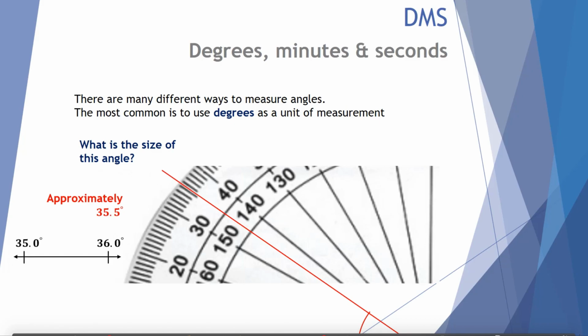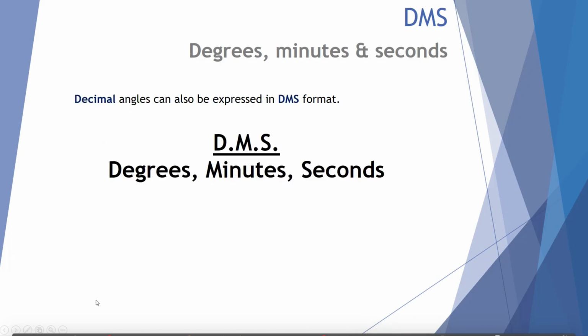Now, on a scale, if we have a measurement of 35 degrees and at the other end 36 degrees, 35.5 is right in the middle. 35.5 is an example of a decimal measurement. Now, we want to look at how we can go from a decimal measurement of angle to a DMS, a degrees, minutes, seconds. So the D stands for degrees and the symbol is still the same, and it measures exactly the same as a decimal angle would when we measure something,